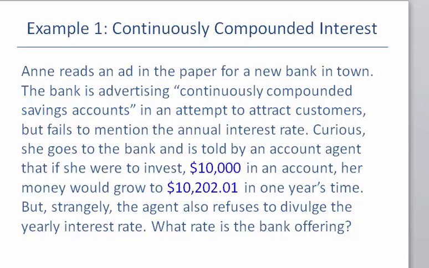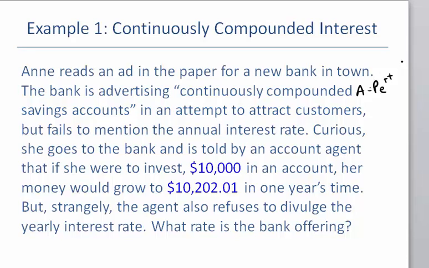All right, so right now I already know that if we are talking about interest that is continuously compounding, remember that from the last section, we know that we are talking about a formula. A is equal to P times E raised to the RT. So the bank is advertising continuously compounded savings accounts in an attempt to attract customers, but fails to mention the annual interest rate. Curious, she goes to the bank and is told by an account agent that if she were